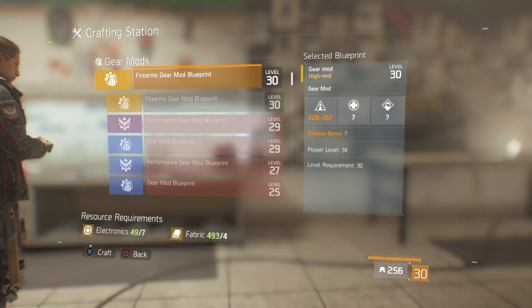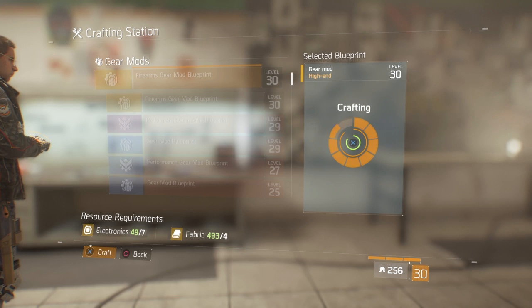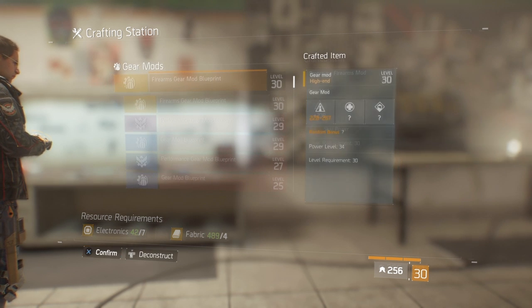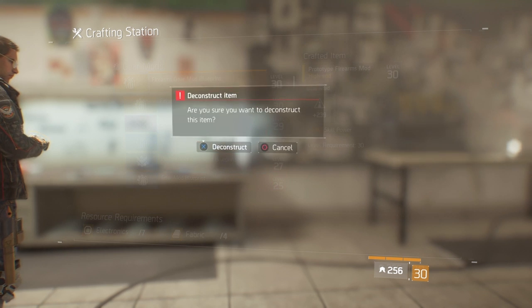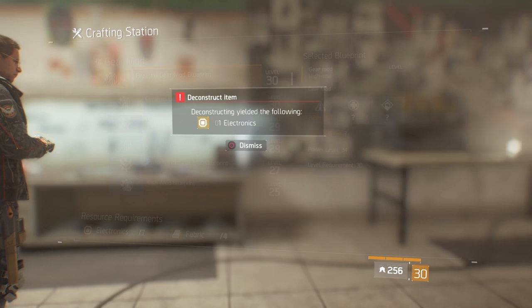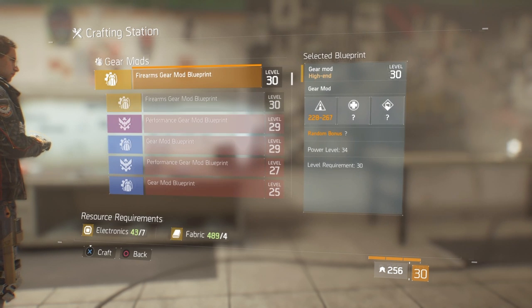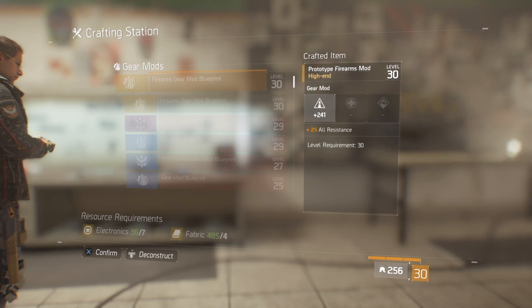Now you will need a lot of fabrics for this, and you will need a lot of electronics for this. As you can see, I've saved up quite a little bit just to make sure I can show you guys exactly how to do this from every perspective possible. And I will be doing an electronics mod very soon, so if you want to improve your skill power, I can quite happily show you how to do that. That's not too difficult. It's just as simple as this,